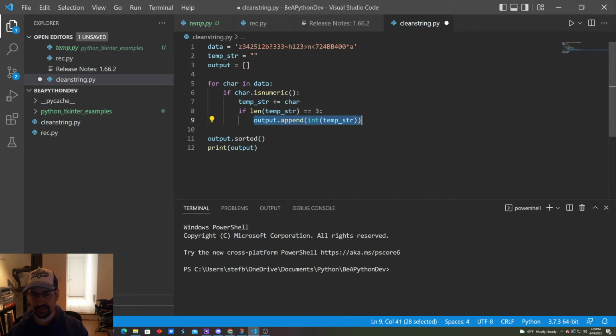We append it into our output list. We cast it as an integer. And then we sort it, and then we print it. Man, thought there was more to it than that. And then we just run it with Python, since Python is installed in this Windows environment. And then the name of our file,